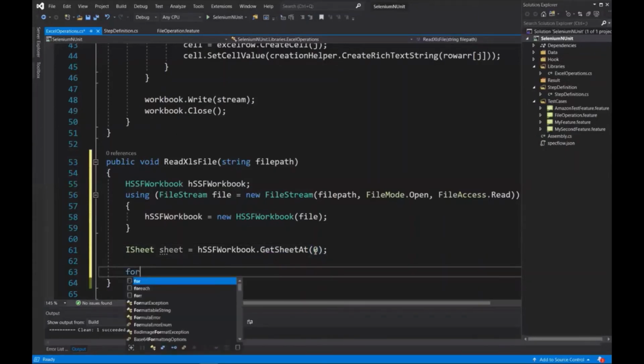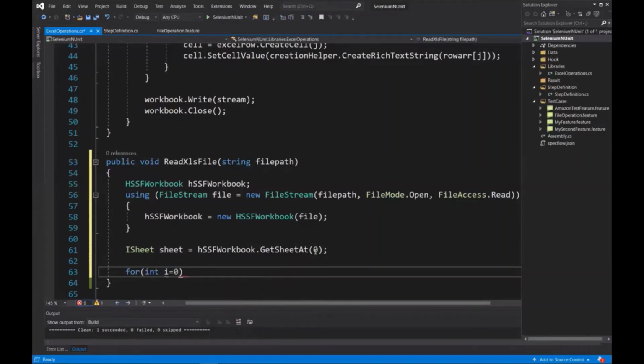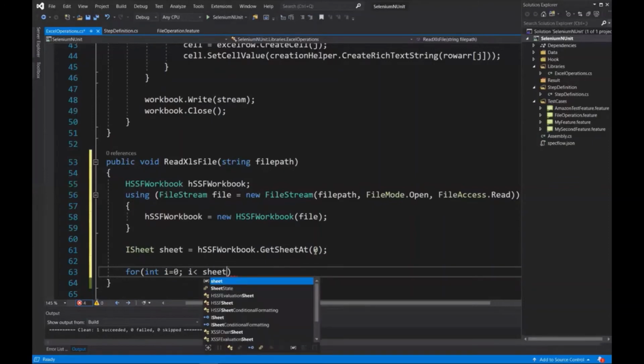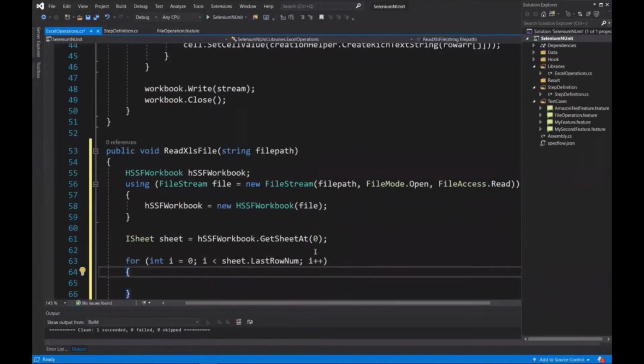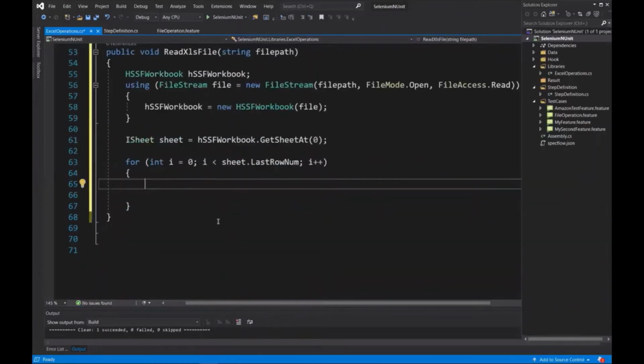Now the sheet object has been initialized, so it's time to get the data from the sheet. To traverse the sheet, we'll use a for loop based on the sheet.LastRowNum. Sheet.LastRowNum will return the last available row in the sheet.